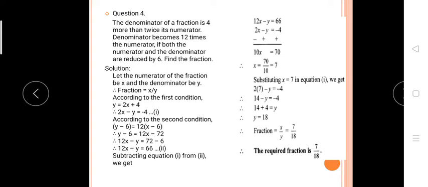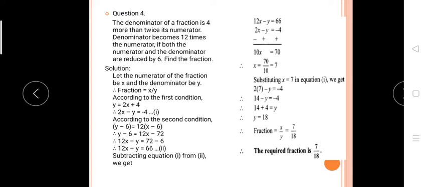Yesterday, I explained how to solve the word problem. Firstly, write the given word statement as an equation. After writing the equation, you have to solve it by any method. Always remember that when the question belongs to linear equations in two variables, there will be two statements given in the question. From those two statements, you have to write two different equations and then simplify. How to simplify? Now listen.